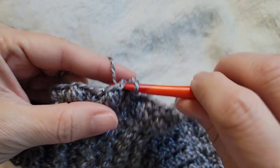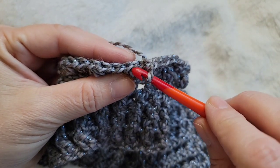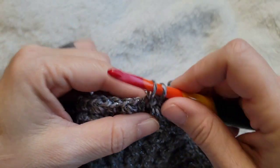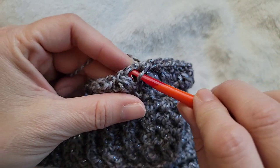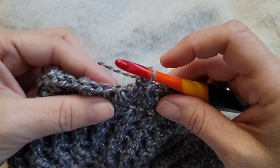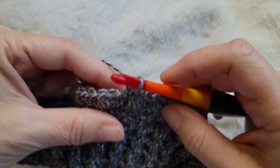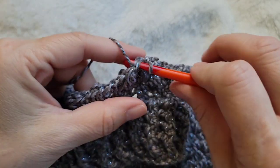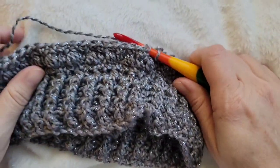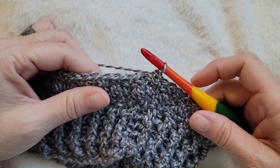So basically you'll be single crocheting 2 and then skipping over the closing stitch of the puff, then single crocheting in the next 2, and then just repeating that all the way around. Skip this, and then at the end of the round you will have 70 single crochets. Easy peasy. All right, we're going into round 4,